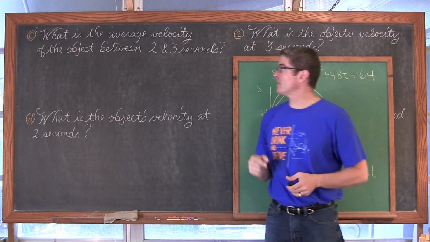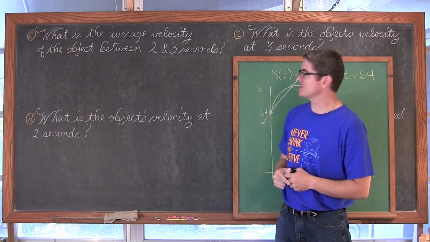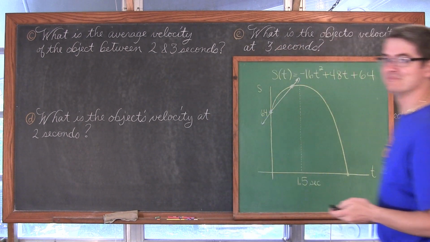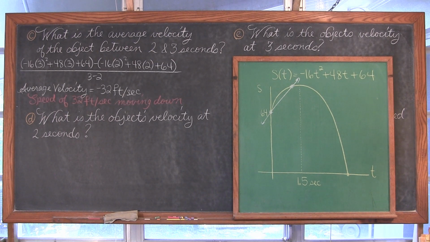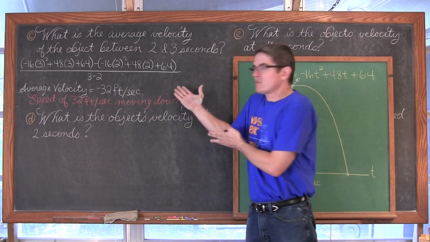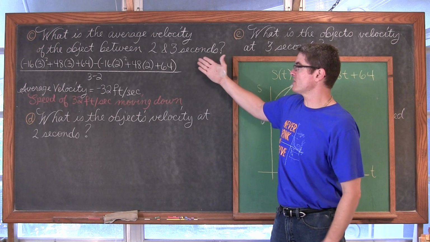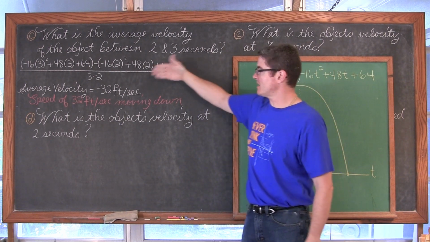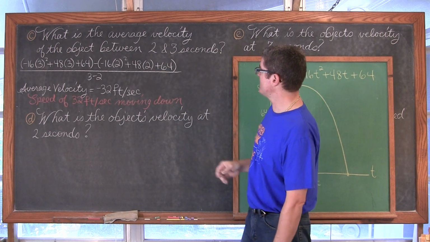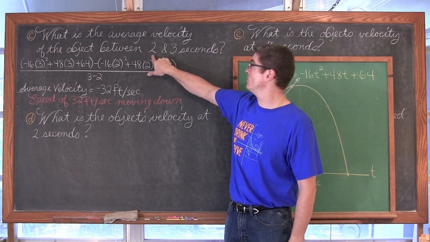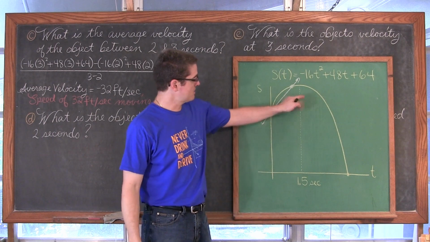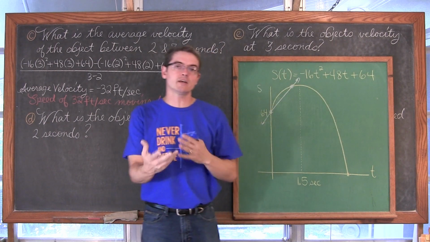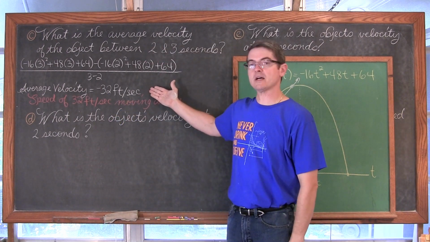Again, what is the average velocity of the object between 2 and 3 seconds? Well, that's the same as the previous question, so let's get a look at that answer. I just wanted to show you a second part using the same average velocity formula, just to point out again that in this case, because we're finding an average velocity between 2 and 3 seconds, and the object at this point has a downward movement or a negative movement, our velocity comes out to be negative.